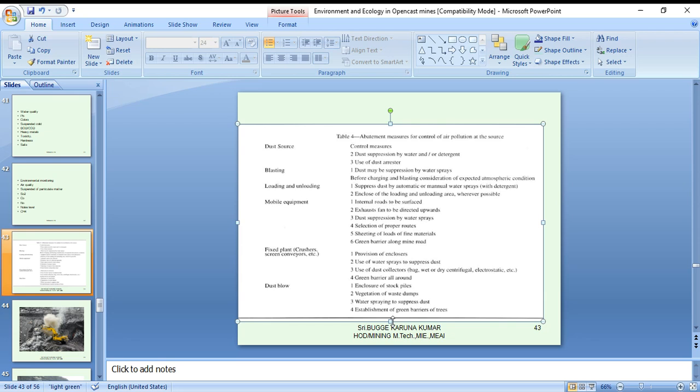While blasting, dust may be suppressed by water spraying before charging and blasting, with consideration of the expected atmospheric conditions. Loading and unloading suppress dust by automatic or manual water spraying with detergents. Enclose the loading and unloading area wherever possible.